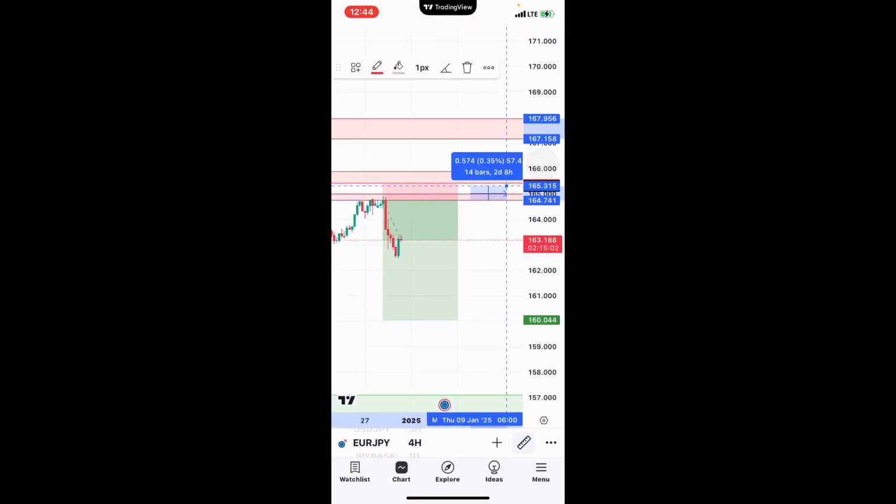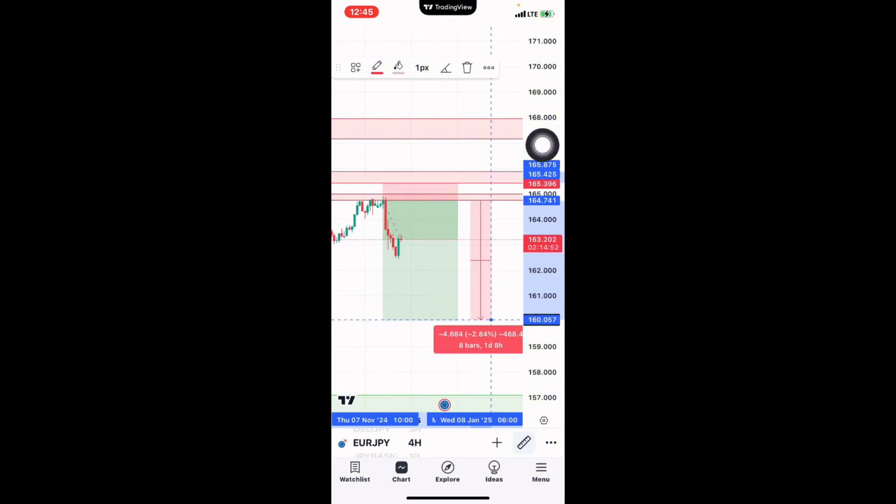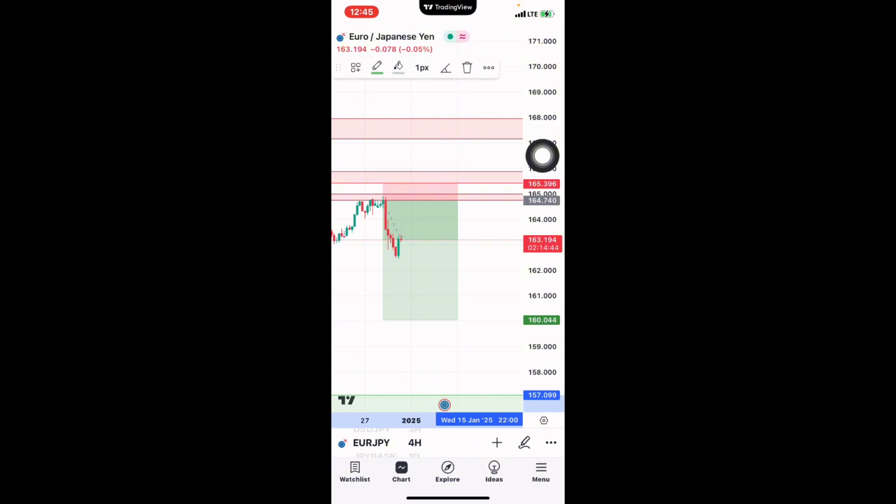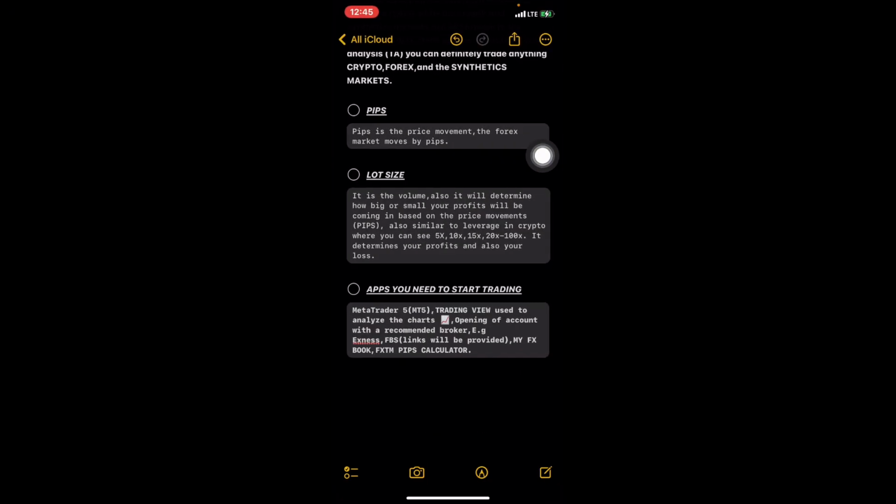Now that's the profit. This here is the stop loss. This up here, this measure to the stop loss, is risking 66 pips. And this hasn't even done fully. It's still going down, almost to 400. At least this is what I'm aiming for. So that is simply what pips is.